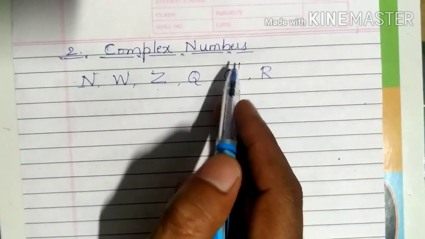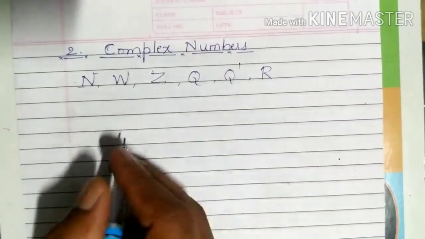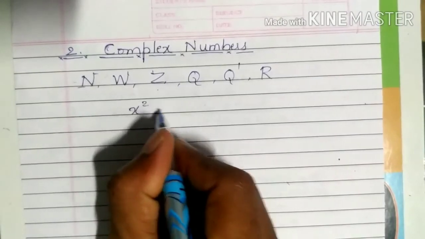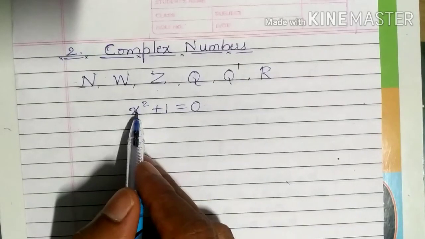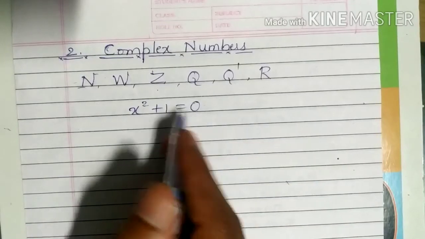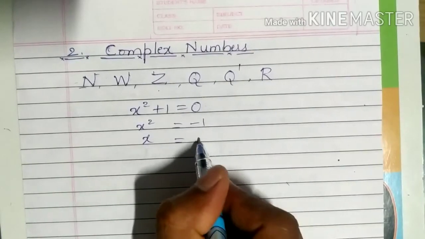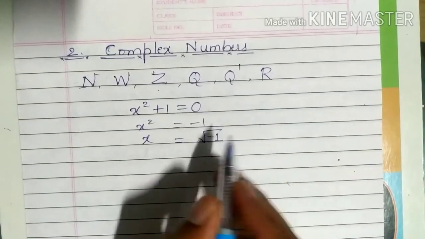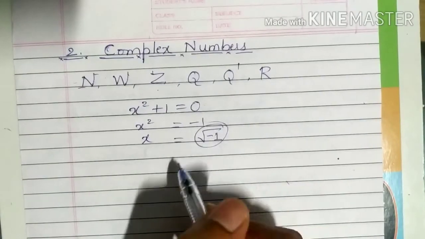The basic concept through which we get complex numbers is in finding roots of a quadratic equation. If I simplify x square plus 1 is equal to 0, while finding the root for this equation, root meaning the value of x for which the left hand side becomes 0, x square is equal to minus 1, so x is equal to plus or minus square root of minus 1. This number is considered as i.